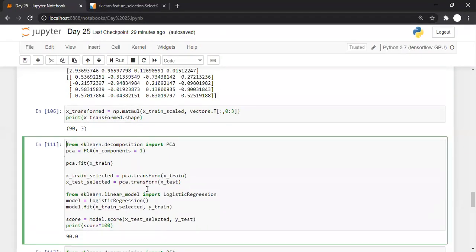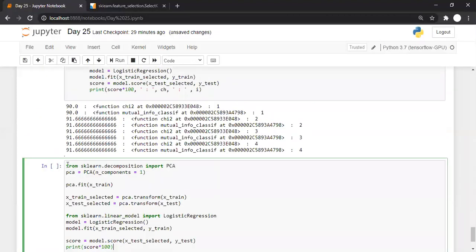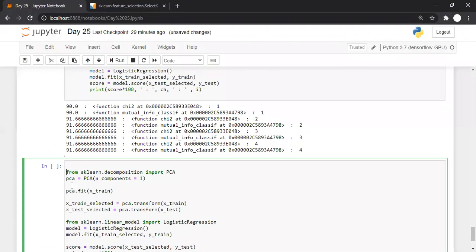Let me copy paste this thing first. Copy and paste here. And we'll import recursive feature elimination, RFE. So from sklearn.feature_selection, we want to import recursive feature elimination, that is RFE.